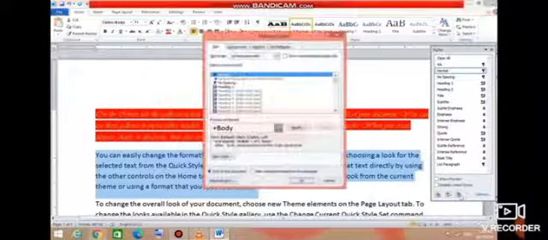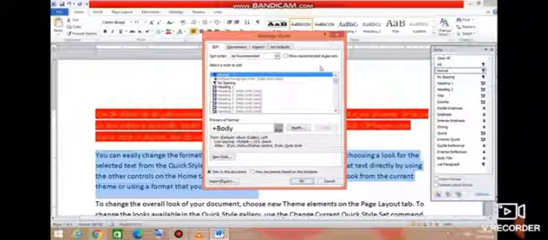The manage styles dialog box appears as shown. Click on the import export button given at the bottom right of the manage styles dialog box. When we click on import export button, the organizer dialog box appears.